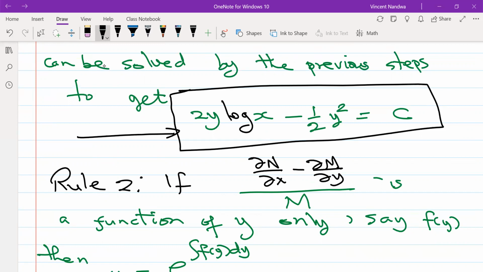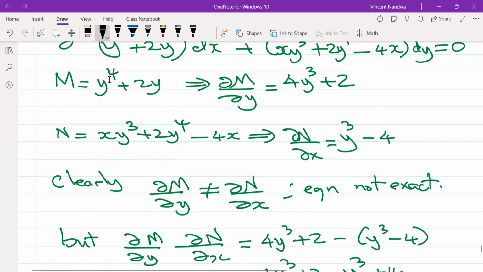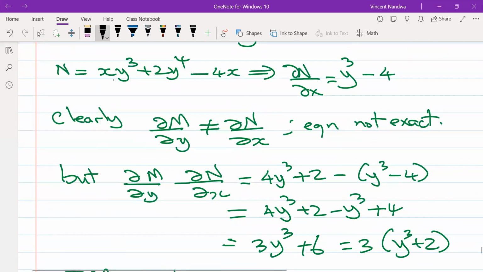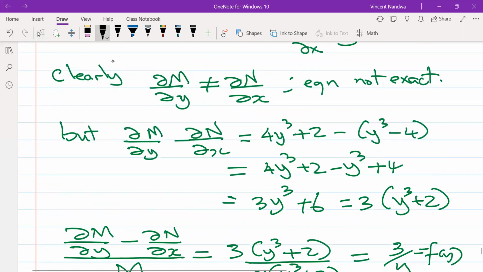The order is different from the first case where we start with M. So this is the one with the negative sign and this is the plus. This is simply